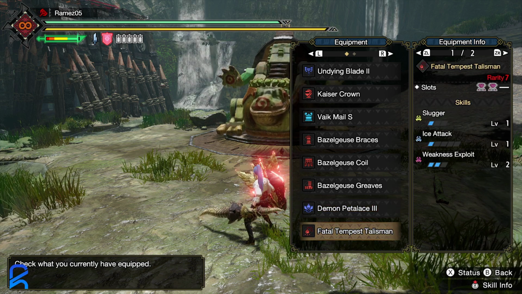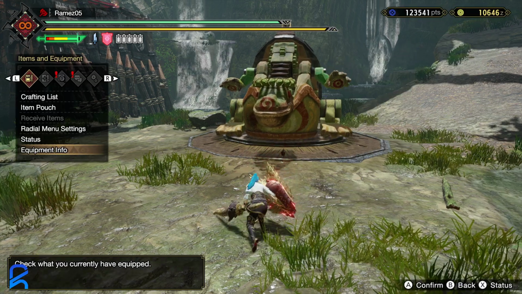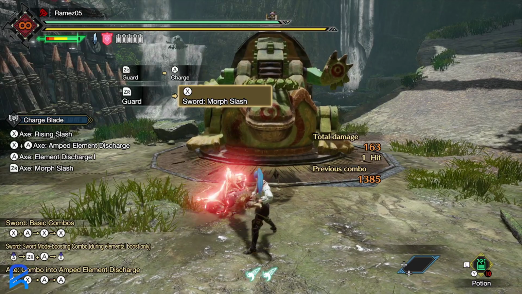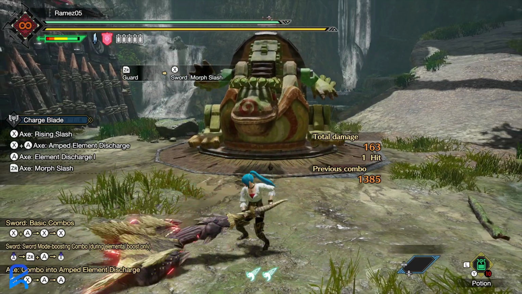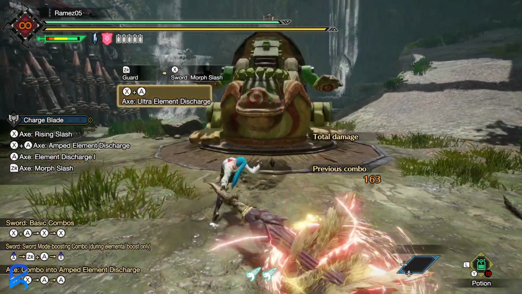Actually, I could probably get 7 crit eye if I use my 3 crit eye Talisman, but I'm not doing that right now. But if you can get this to 7 affinity, this actually is my preferred comfy build for Charge Blade, because you don't have to worry about